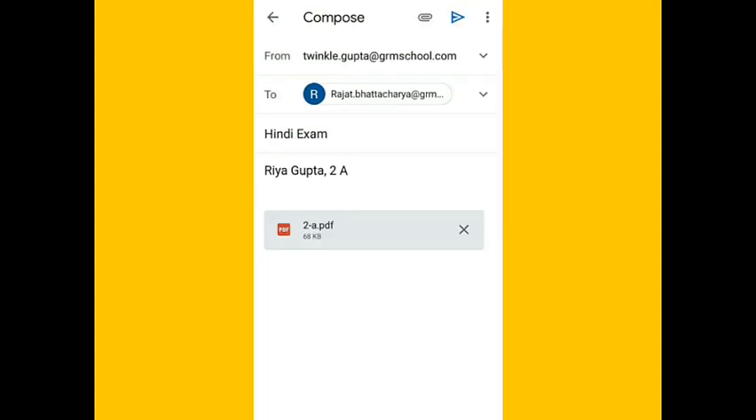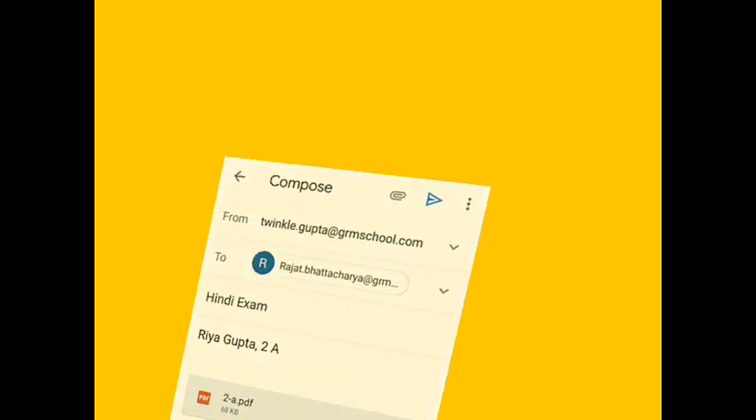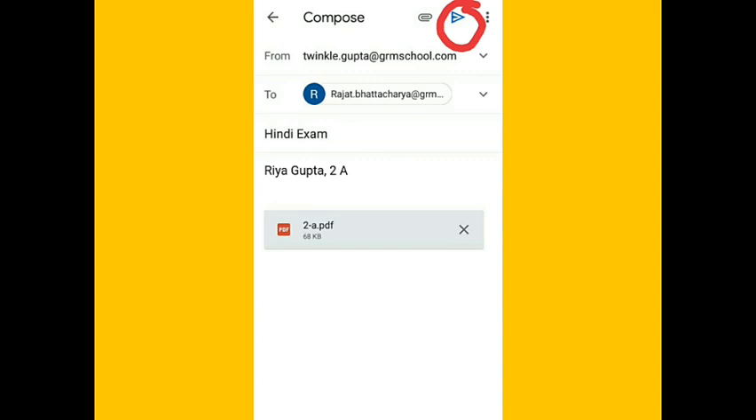After attaching the PDF or images, it will be shown on your screen. After that, you have to enter or select the send option. For that, click on this particular triangular option that will be appearing on the top of your screen. Once you will select this option, your mail will be sent